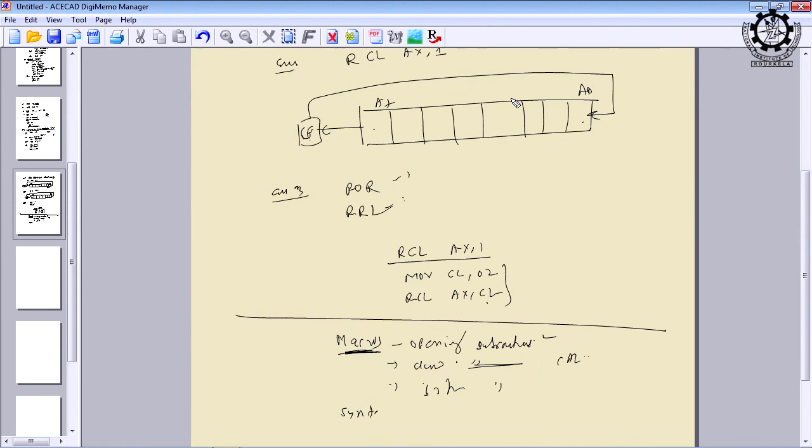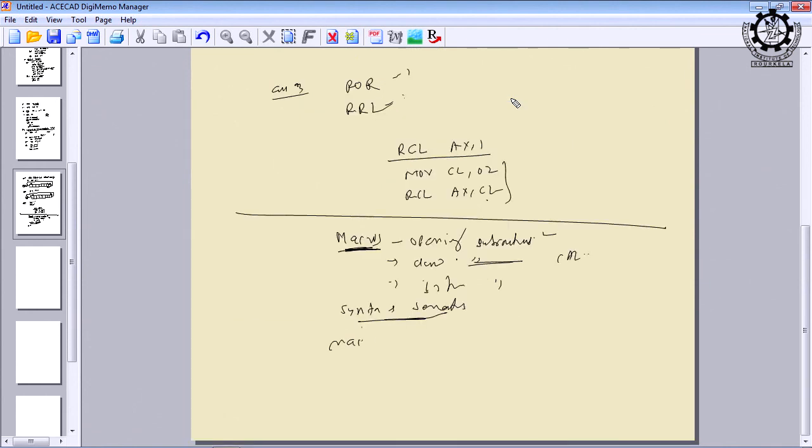But we shall distinguish what macros are available in 8086. Again, every macro is associated with some syntax and semantics. As I told you from the beginning, you should always be familiar with the syntax and semantics associated with the usual instruction set, that is one thing, and macros also have a set of instructions which we call macro instructions. Remember, these macro instructions are different from machine instructions. Whatever we discussed now are called machine instructions. Though we are writing in assembly language, they have corresponding machine instruction codes. Therefore, they are machine instructions.